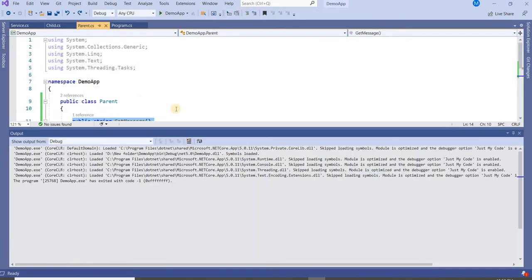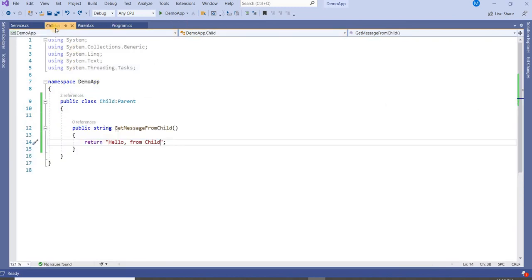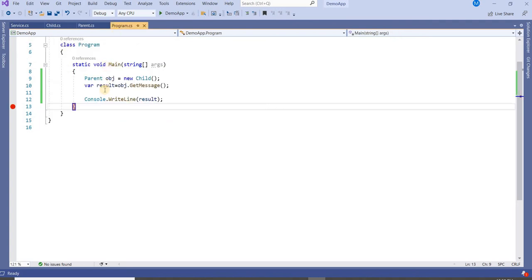Now again inside the parent, inside the child I will copy the same method which is in the parent. First I want to make clear that when we are creating the reference, we are getting only the methods from the parent through the object. Like here, when I type obj dot, it is returning the methods which are available in the parent, not from the child.